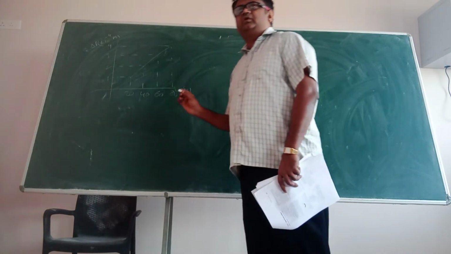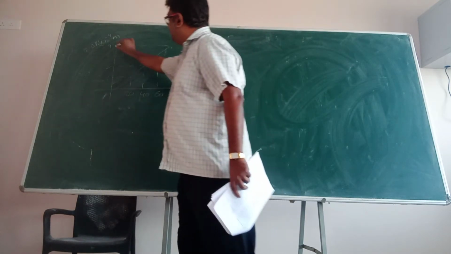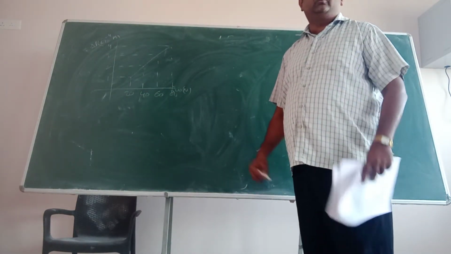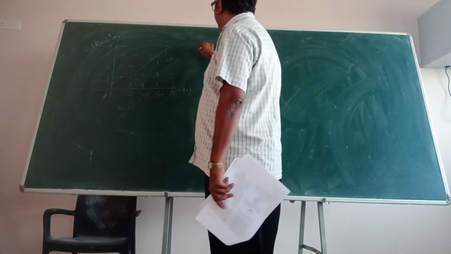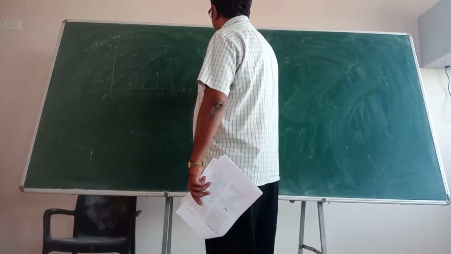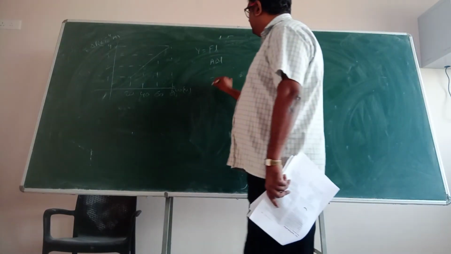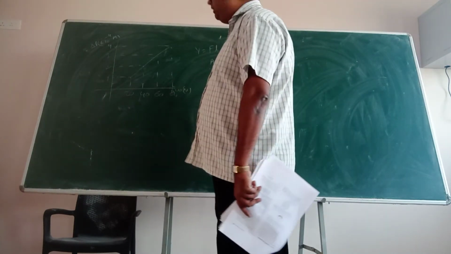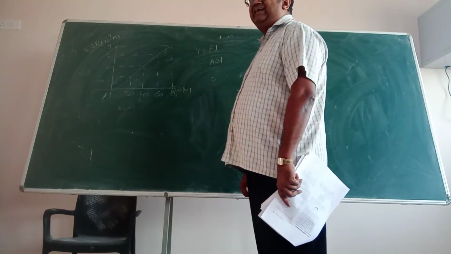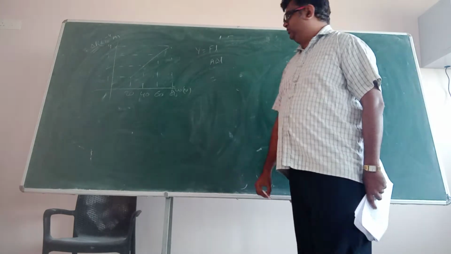Whenever you get a question on a graph, you have to look for the specific values. This value corresponds to this value. Am I right? And he is asking you to find out Y. So, write the equation of Y. Y is equal to F l upon A delta L. Right? So, if I pick this value, 80, the corresponding value is 4 into 10 power minus 4 delta L. Delta L means change in length.